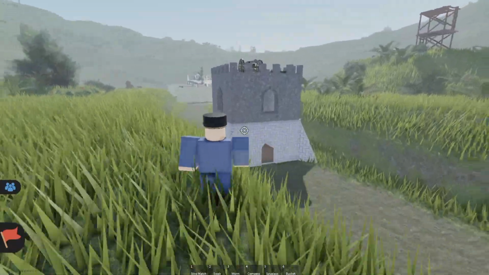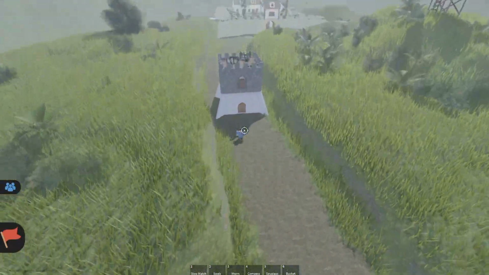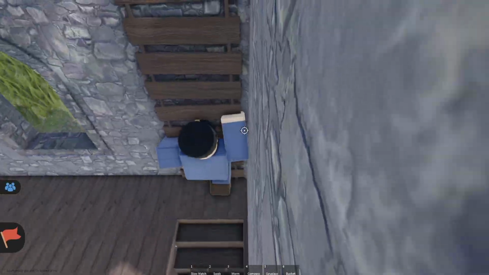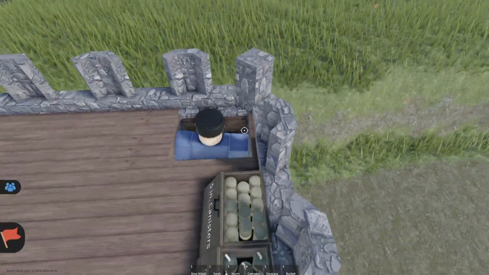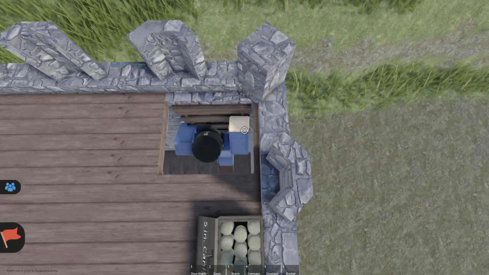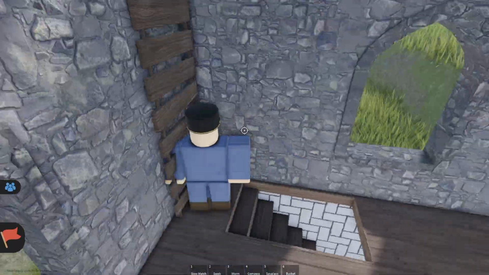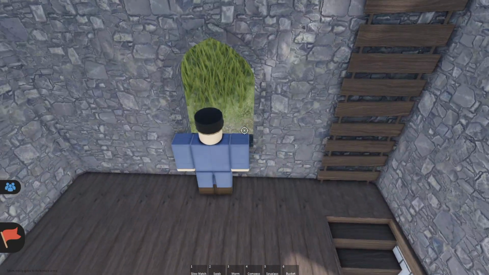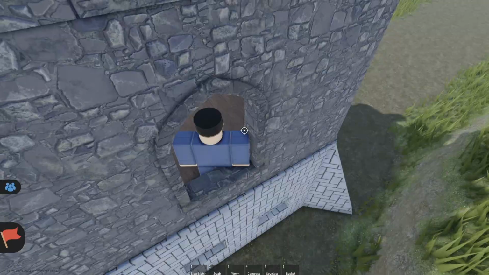So if you've played this game for long enough, you obviously want to use the cannon tower, and you might be very deeply saddened when you realize that you can't get in here when you use the ladder. But the thing is it's not impossible to get up this ladder. Or at least it's not impossible to get up to the cannons. How you're going to do that is you're going to jump to this window or any of these windows, and you're going to